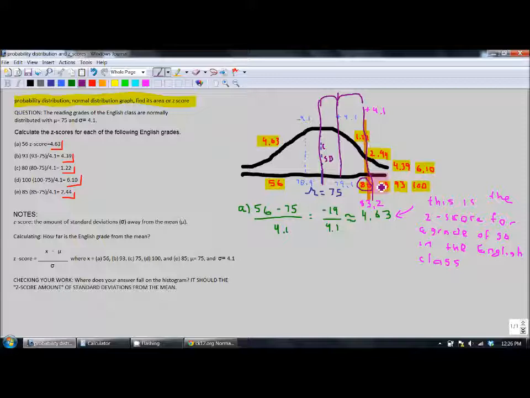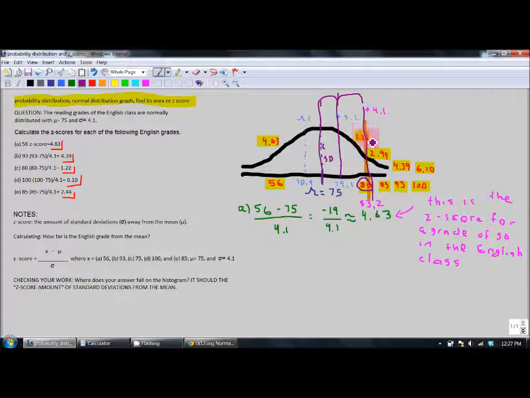You can pretty much just say, okay, what's my score? You can write out all the scores that you're given, and then compare them to the mean. So the mean that was given to you was 75 in this question, and then the scores that were given to you were 56, 80, 85, 93, and 100. They weren't in that order in the problem set. Maybe they likely won't put them in order in the problem set, but you'll write them out in order, and then the z-scores that you get based on the English grades, you're going to kind of line them up with your,